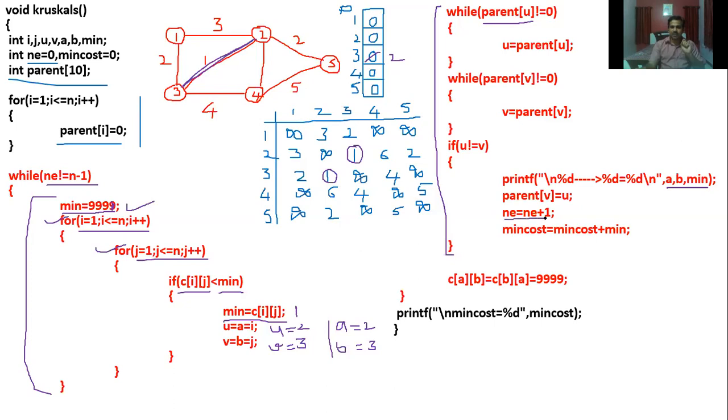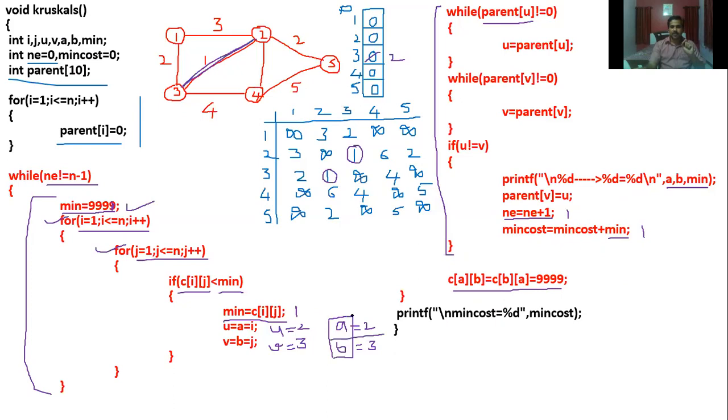I'll write it next. And the number of edges will be incremented by 1. Now it becomes 1. And that cost, minimum, I got it as 1. So initially the minimum cost is 0. 0 plus 1, this also will be equivalent to 1. When I got the first edge, even that edge cost should be updated to your minimum cost. And this AB, because this value will change actually. In this iteration, it has not changed, but in the subsequent iteration, this U and V will be changed. That's why I'm having a copy in a separate variable.